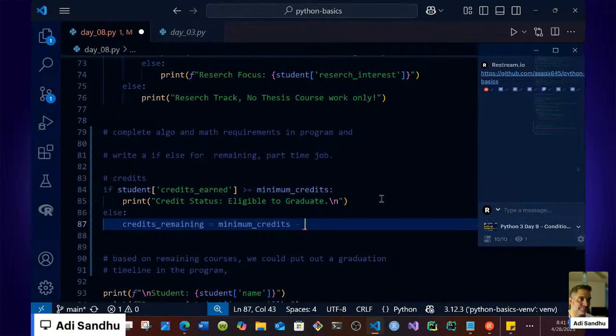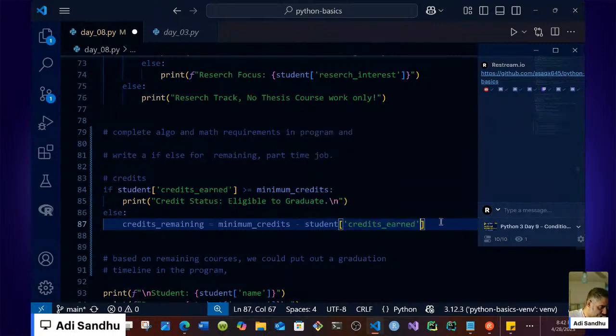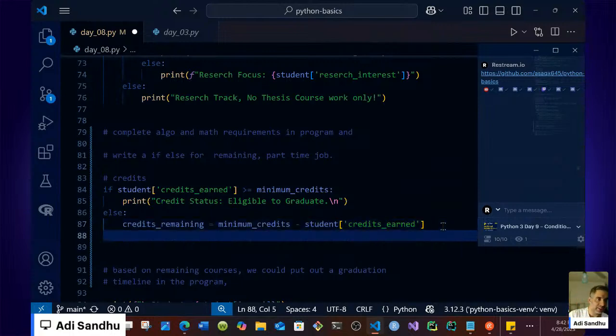Or I wonder if we could do this, like this. So student credits earned, right? So we could do it like this, and then we could